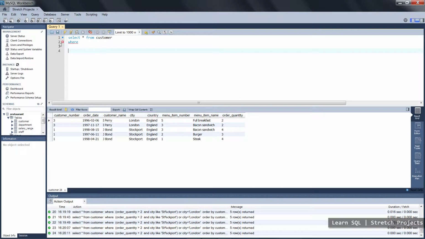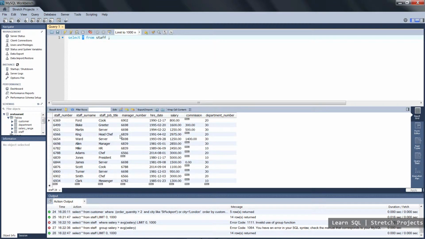So what we're going to look at is creating a list of distinct job names. So we want a list of cook, greeter, server, head chef, server, but we don't want the second server. We only want one of each individual job title. So to do that, we type the word distinct, and instead of asterisk, we're going to type a staff job title